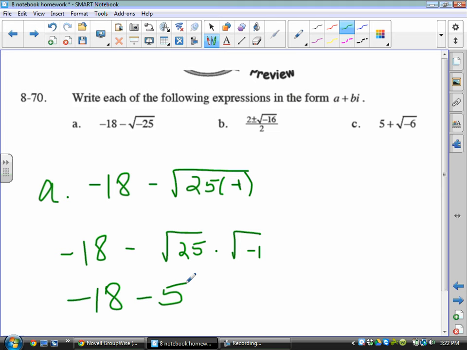The square root of negative 1, we learned that that is also called just i. So I have an i right here. So that's going to be the solution for problem A. The square root of negative 1 is called i. That was the imaginary number that we just learned about. Okay. For part B,